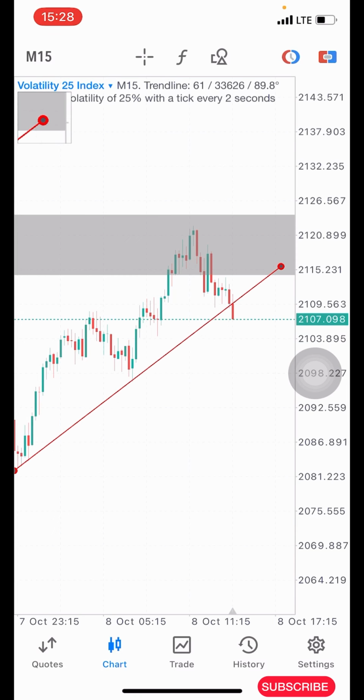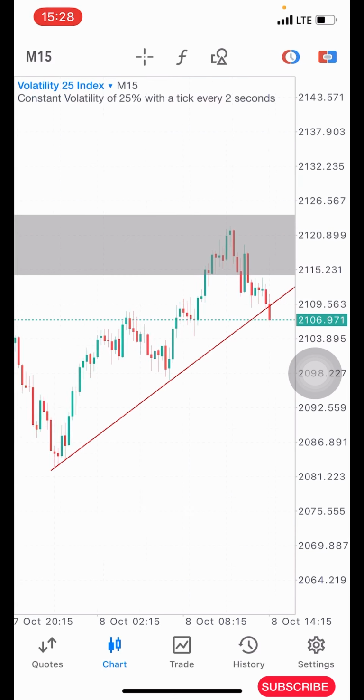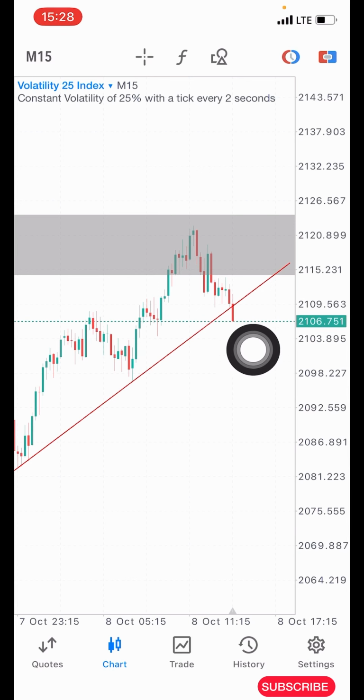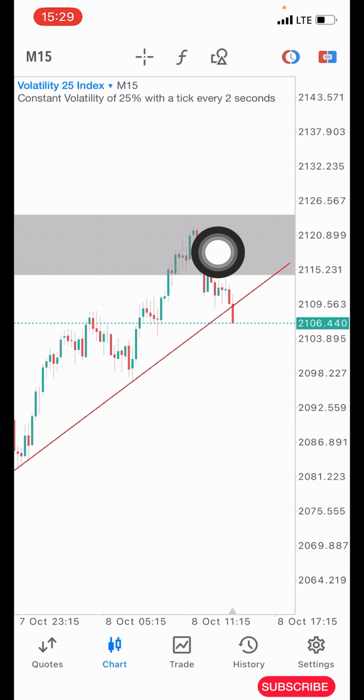All right, so here now you can see the price just broke through our trend line, and I can decide to wait for this current candlestick to close, okay? So if it closes below this trend line, I'll be going in for a sell immediately. I'll be going in for a sell, and my stop loss is going to be around this area,